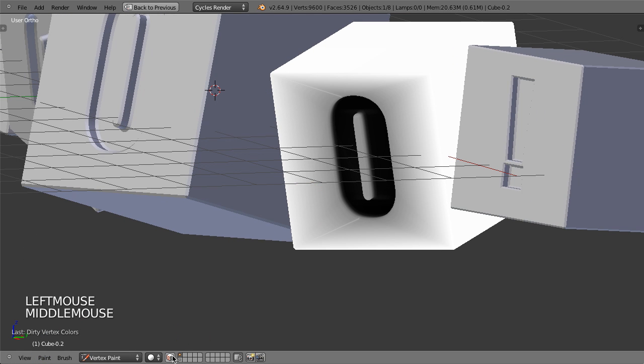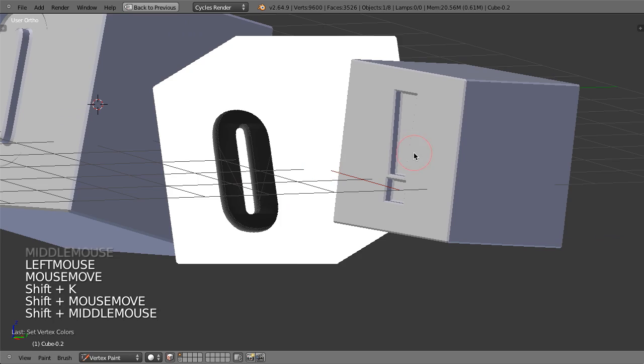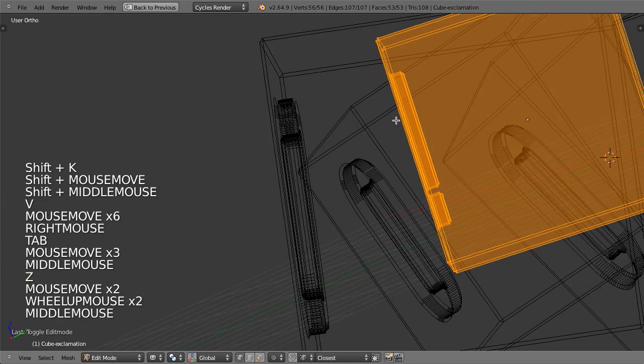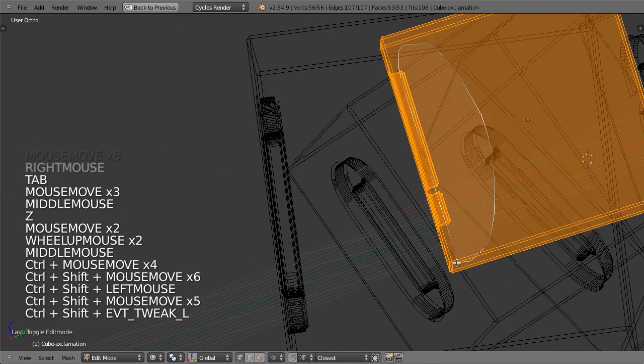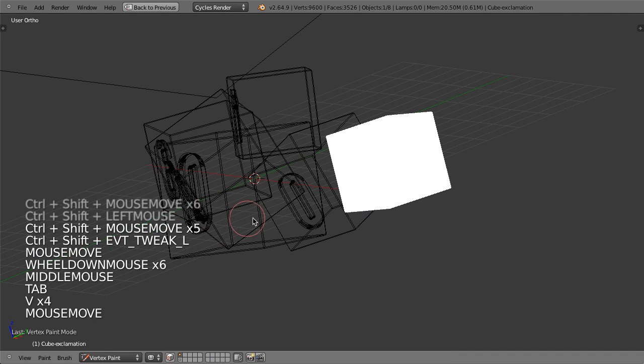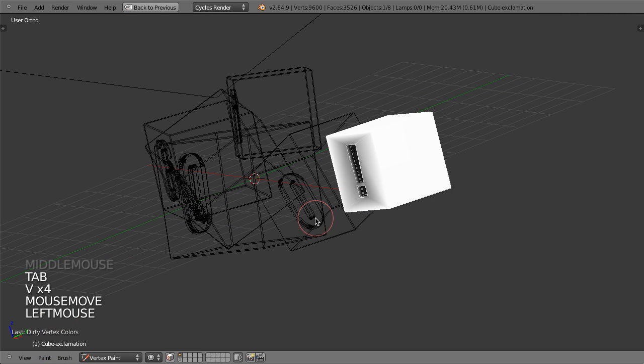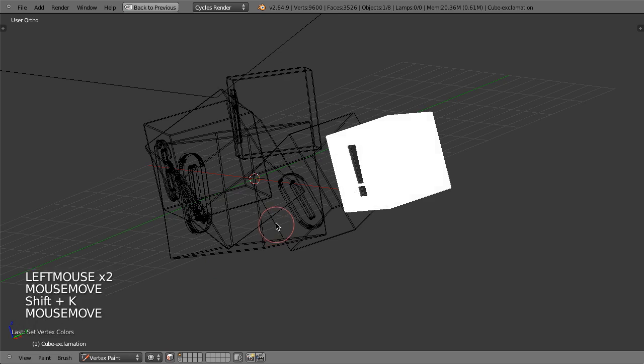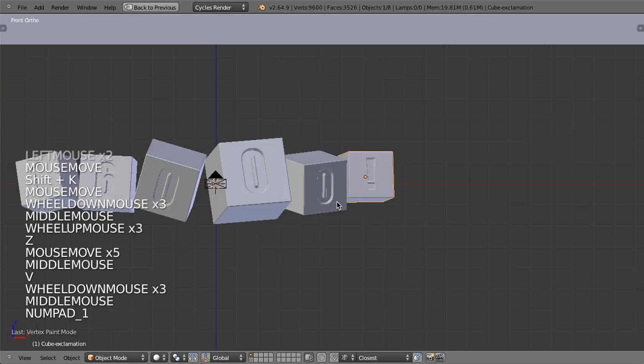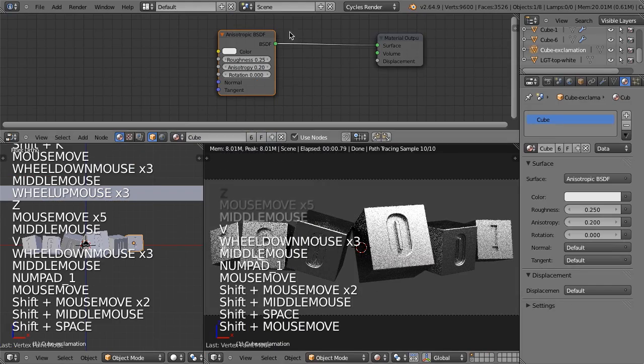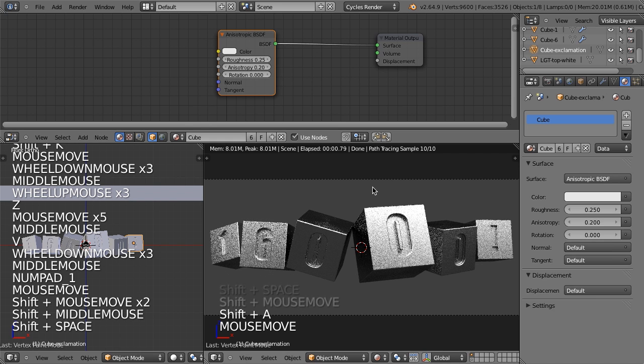Okay, turn on the mask and Shift K. And then one last time right here. This is the easy one. All right, so there we go. Now I have all of my vertex colors. And what this allows me to do is go in here while I'm in the